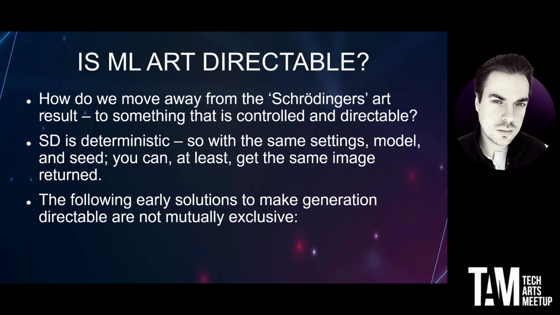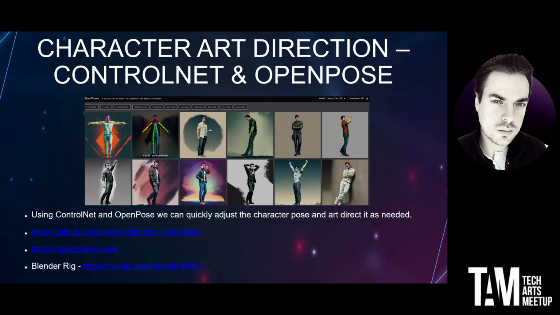So is it art directable? This is the main where the rubber meets the road for a lot of people. So currently we've got this black box nature of you put some prompts in, you get something out the other end. Is it what you wanted? No, okay, back to square one and you work it again. So there's nuance to that, but on a high level, that's essentially what it is. Now, Stable Diffusion is deterministic, so if we put in the same input, it will kick out the same output, which at least is something we can work with. If it wasn't that, then we couldn't direct at all. And so these are some of the ways that we can start to get that input and make it more art directable. So ControlNet and OpenPose, these are ways that we can actually input a rig.